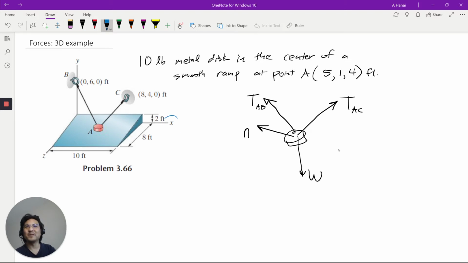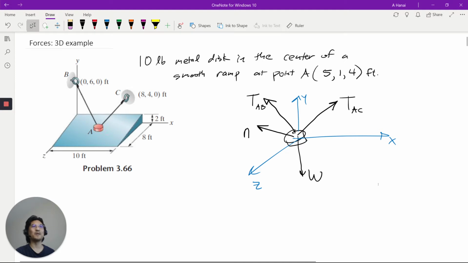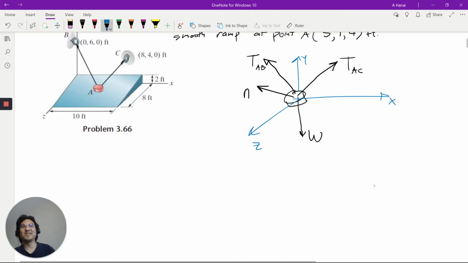We pick coordinates, which are kind of chosen for us already, but right, so there's X over here, Y over here, Z over here. Okay, so we would like to write Newton's second law decomposed, but we really need to express each of the four vectors in component form first, right? So let's try that. So vector,